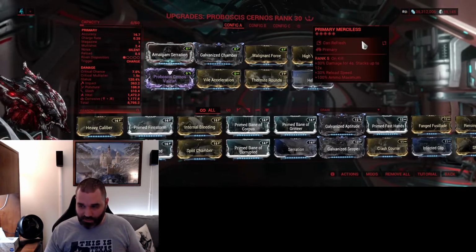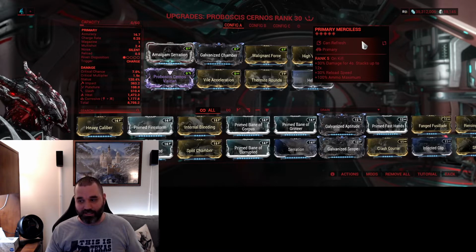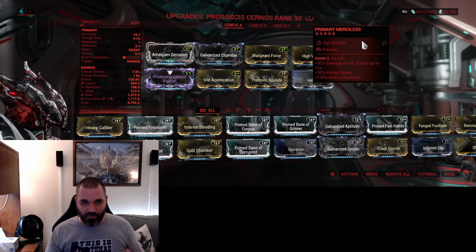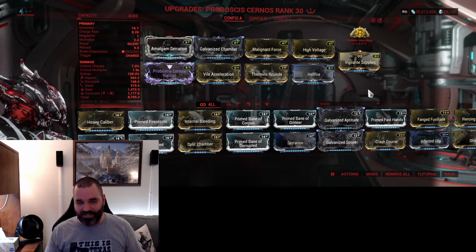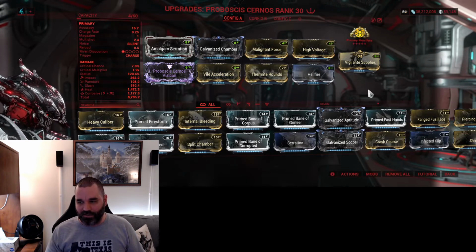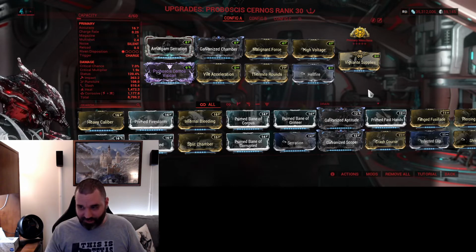Primary Merciless is actually only existing here for one very specific reason, and that's the ammo maximum. The Proboscis Cernos has a just dismal rate of max ammo. So multiplying that by 2 and then having vigilante supplies in here to just give us ammo back even when it's not supposed to be for the weapon is what's going to allow us to actually continuously fire this weapon. Otherwise, you just run out of ammo within the first 5 or 6 shots,